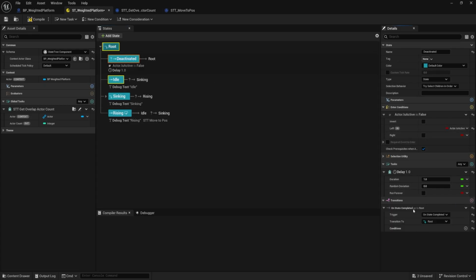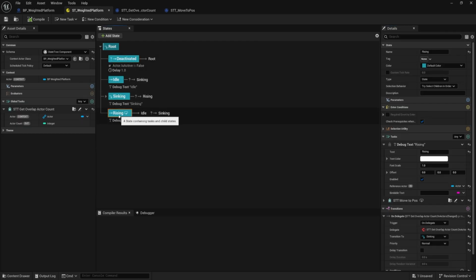I'm just going to be explicit about my transition here. So we're going to say on state completed, return to the root. So I just added a new default one. So we will return to the root, check if this variable is false, then we'll go to deactivated. If not, then we've turned it back on and we'll go to idle. Let's compile and save. And one other thing that I'm noticing when we're rising, we actually don't want to return